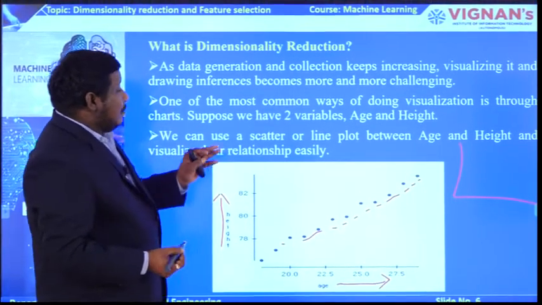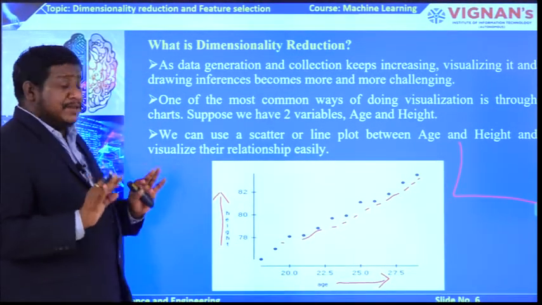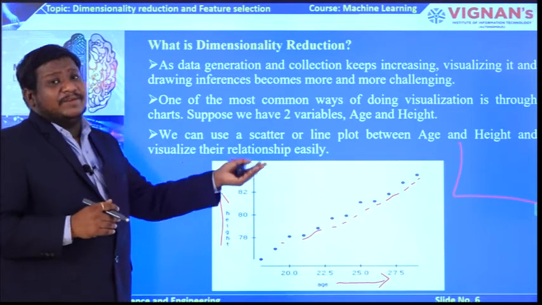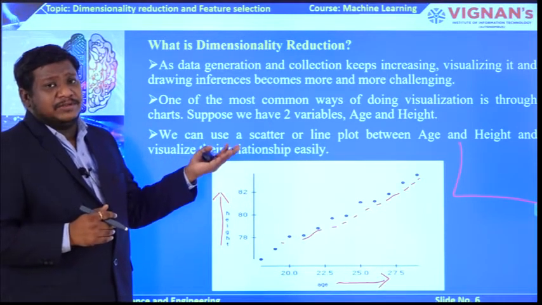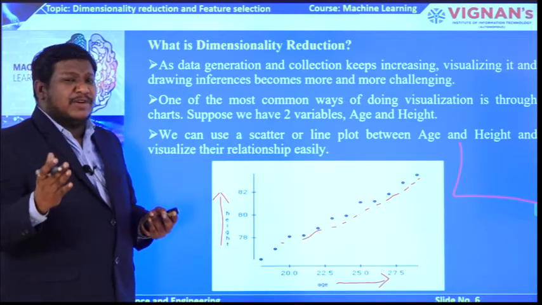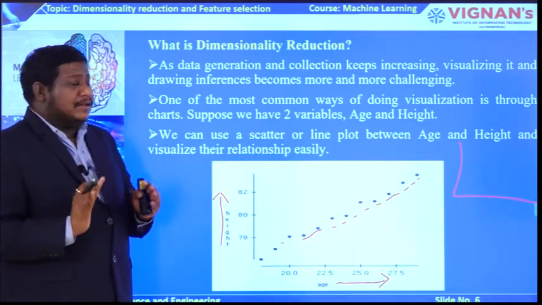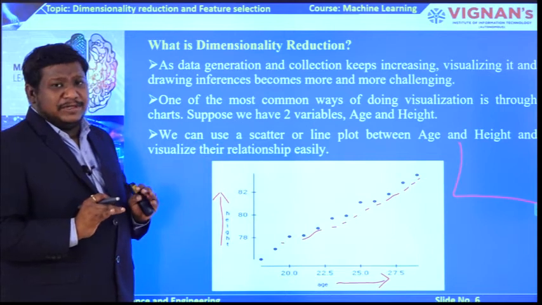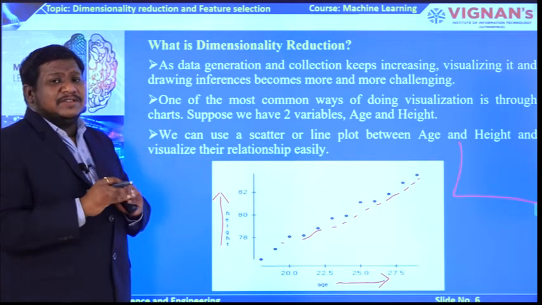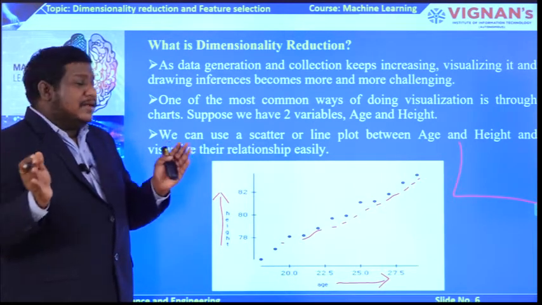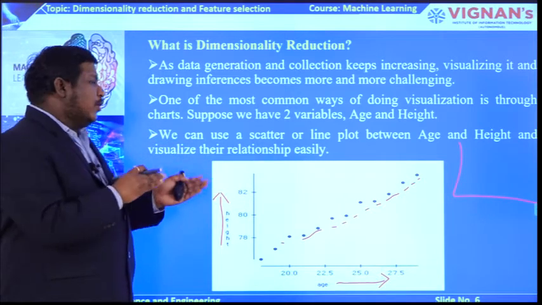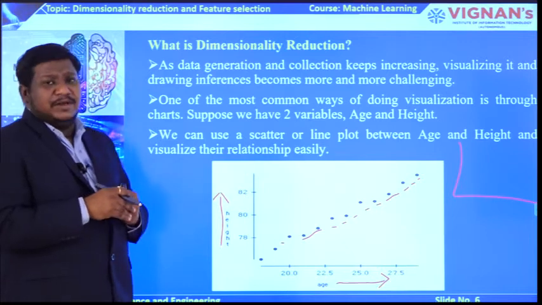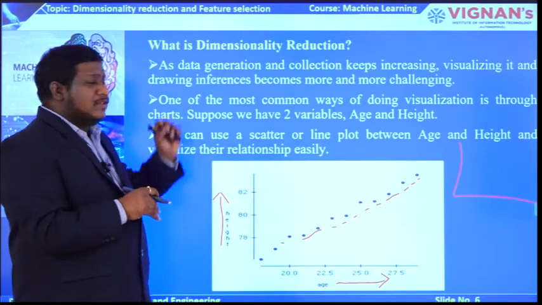So, this is the best way of analyzing the data, but simply think, if you have more than 3 variables, 4 variables or 5 variables, it will be a difficult problem for us to represent such data in the form of a graphical representation. So, such data can be reduced to a 2-dimensional or 3-dimensional space, and we are going to represent such data in the form of these graphs. That is the main utilization of dimension reduction.